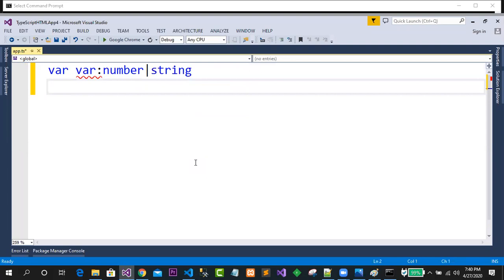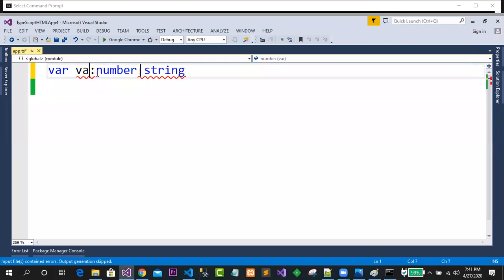After that, in here, variable declaration expected. What are the problems here? Okay, so this is having values.